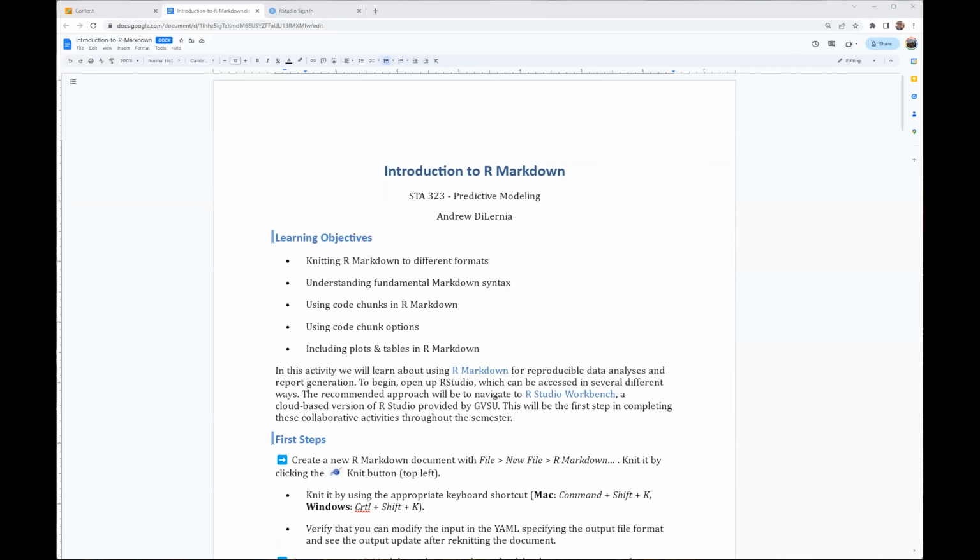Hey everyone, in this video we're going to be looking at an introduction to RStudio Workbench and R Markdown. So specifically we're going to be looking at how we can knit or compile R Markdown formats to different formats, HTML, PDF, or Microsoft Word documents. We'll look at the fundamental syntax for Markdown documents, which we use in R Markdown for written explanations and giving